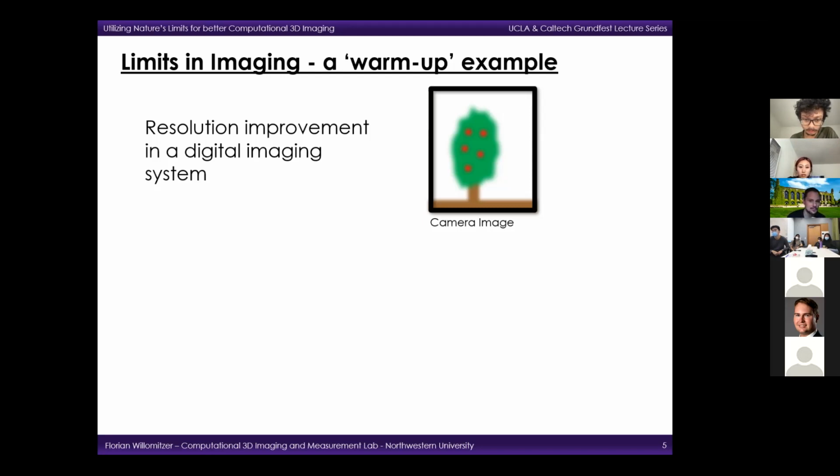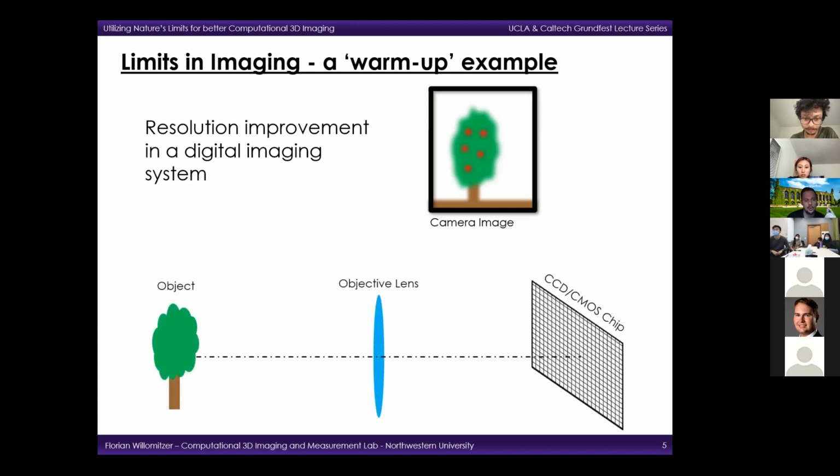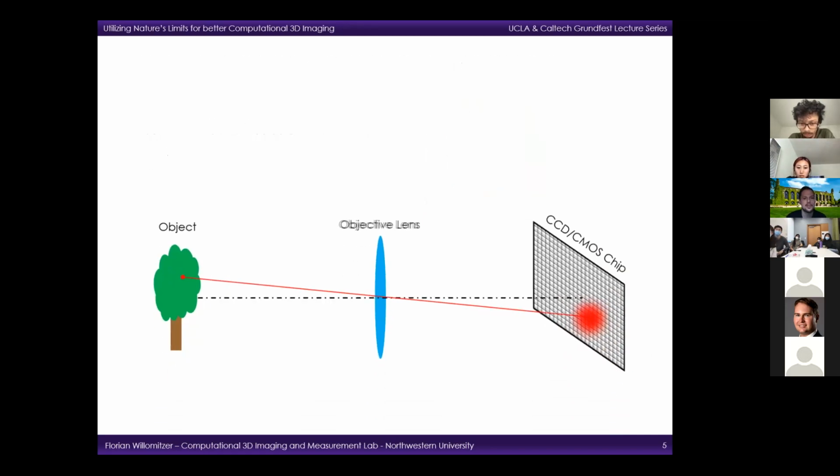And the answer is, you don't know. You don't know before you have had a closer look at the system. And the system in this case is simplified as a lens and a CCD or CMOS chip here. And let's say after closer observation, you see that the lens blur is actually so strong that the blurring spot of a single object point is already spread over multiple pixels. So in this case, the answer is it would not make sense to buy a chip with higher resolution because the structures that are smaller than the blurring spot cannot be resolved anyway. So what we have to do here is swap the objective.